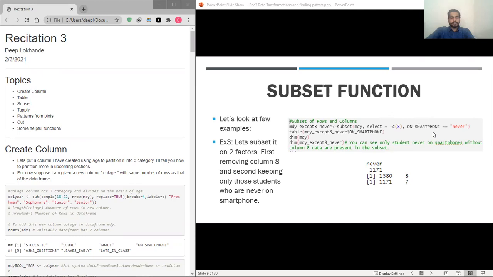Also, using the constraint parameter, we will write on smartphone equal to never. So we can see the dimensions of the original dataset are 1580 by 8, and the dimension of the new subset, where we have reduced the rows and also subsetted on the columns, is 1171 with just 7 columns.